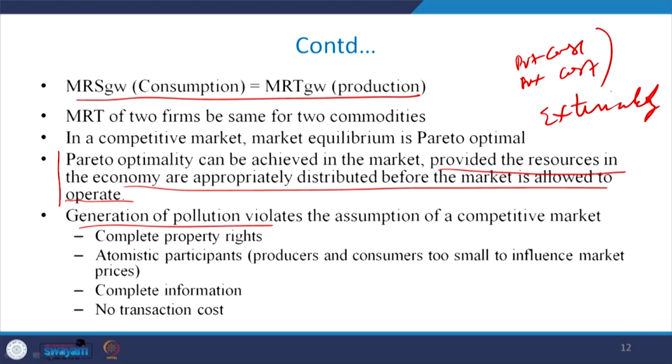complete property rights. So, if property rights are well defined and consumers as well as producers are too small to influence the market prices, that is the characteristic of perfect competition, and there should be complete information available to both producers as well as consumers, and there should be no transaction cost. So, the market can allocate resources efficiently if these conditions are met, but in reality we hardly find these kind of